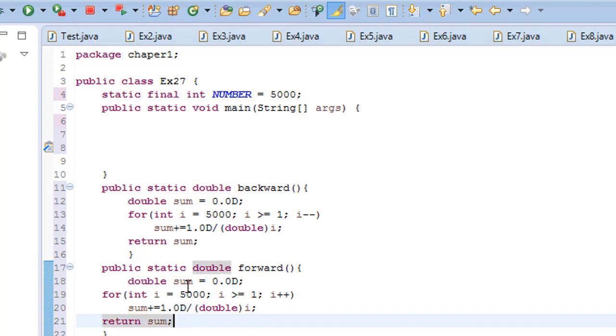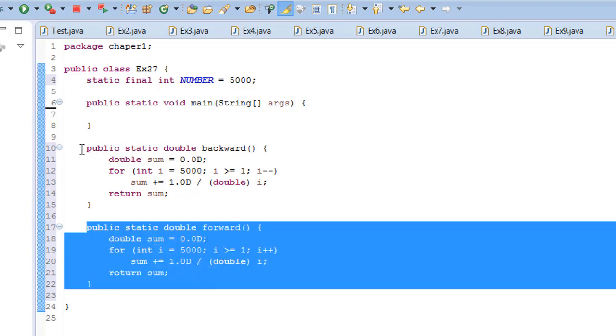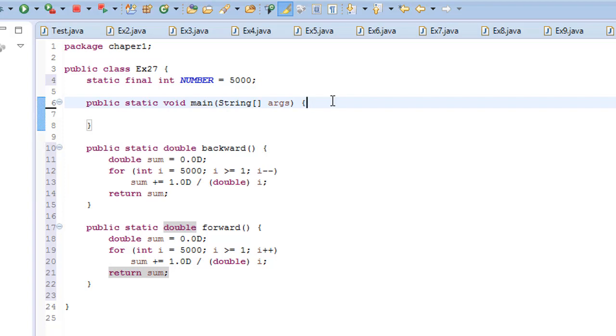sum. So these are going to give us Control Shift format. So these are going to give us the for forward, and this is going to give us for backward. So here we have to call these methods, and